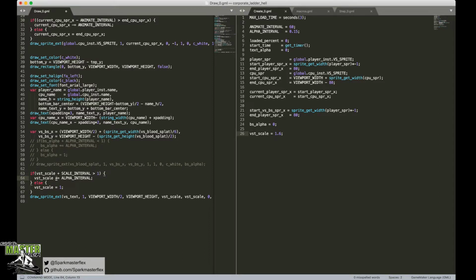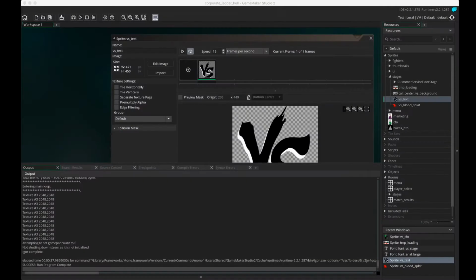And that means that we're subtracting, and same thing here, otherwise it's going to be set to 1. So that just means that we also need